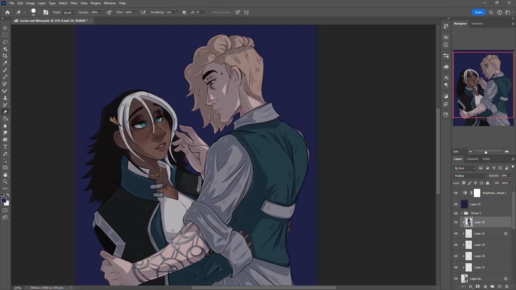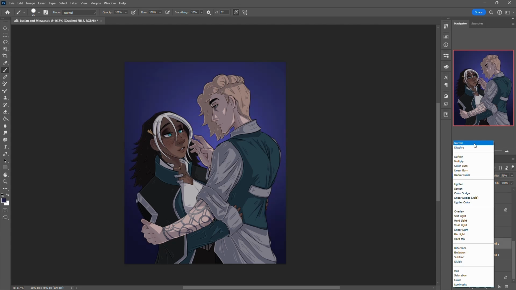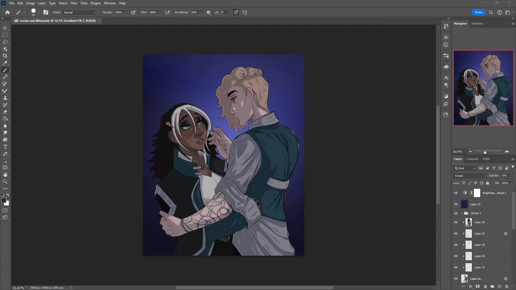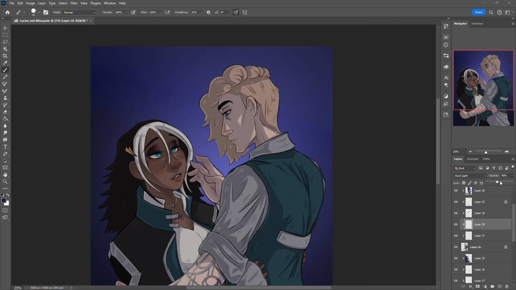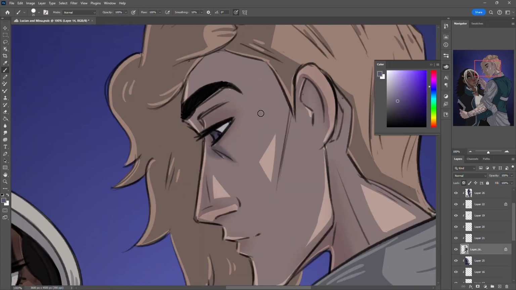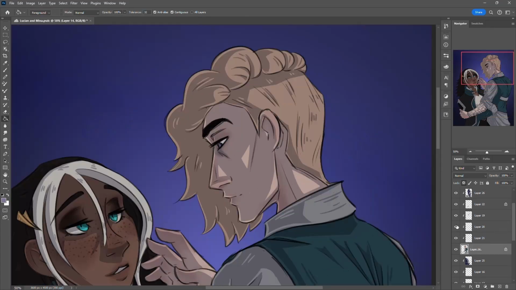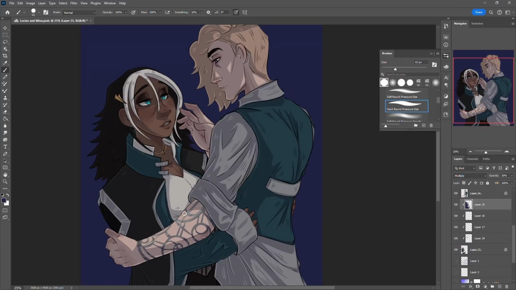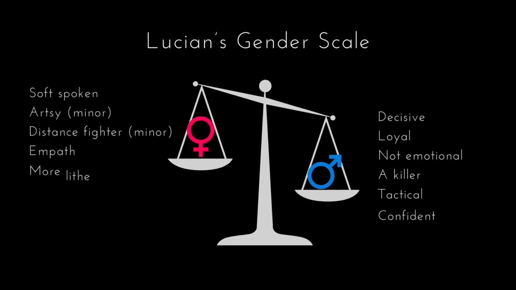You'll find that some traits weigh more on the scale than others. Is this a prominent aspect of this character, or just a little background trait that rarely comes up? You might need to add another prominent trait to the other side of the scale to keep the balance the way you want, or collect several smaller traits to counterbalance. I recommend only adding traits, not removing them. Each trait adds more depth, so it's better to have more if you can remember to include them in the character. As a bit of a case study, this is one of my character's gender scales that I used.